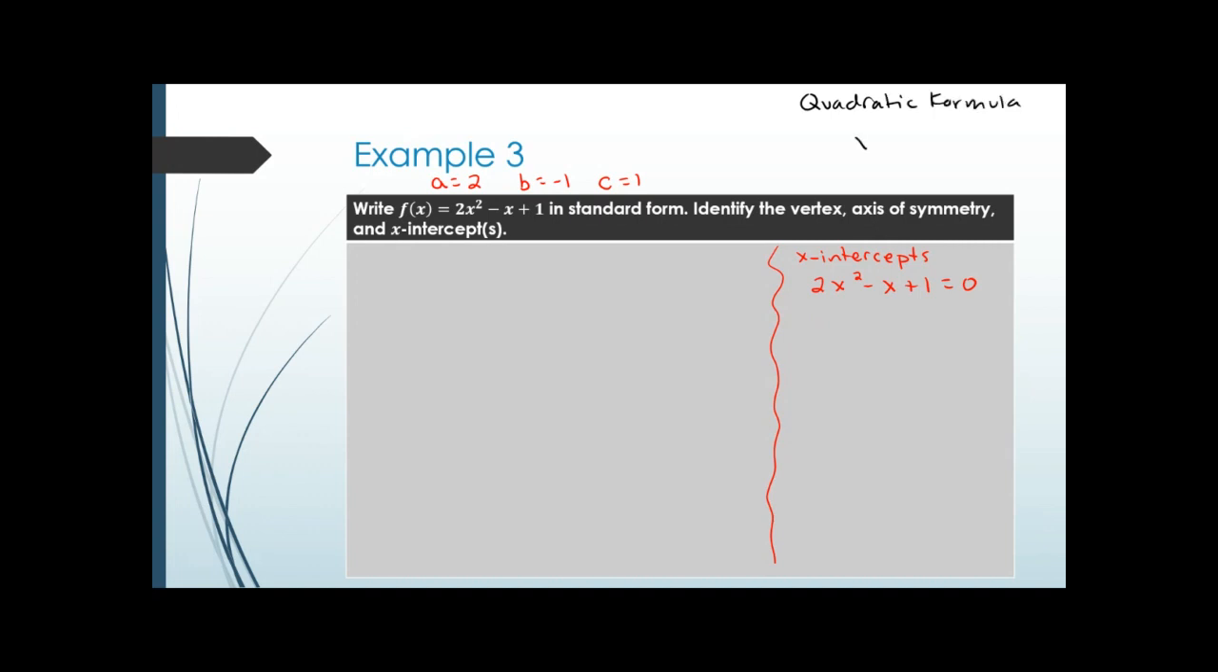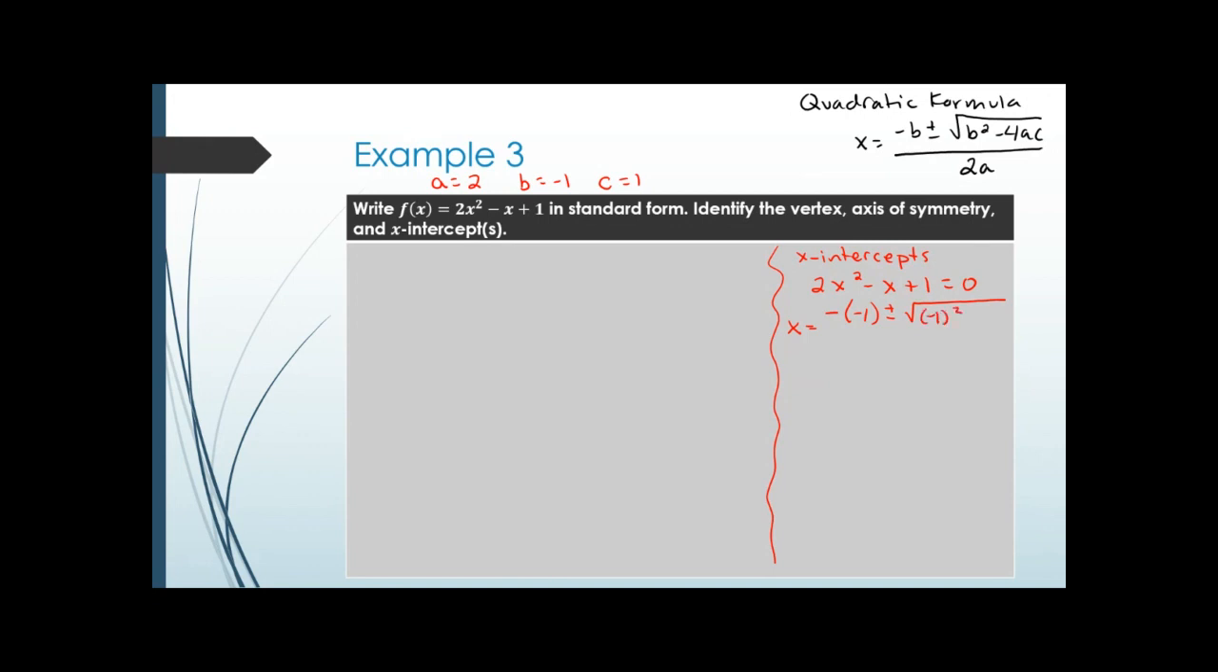So our quadratic formula is x equals negative b plus or minus the square root of b squared minus 4ac all over 2a. So you can see that negative b over 2a part shows up again in the vertex. So x equals negative, and then our b is negative again. So we're going to have a negative, negative 1 plus or minus